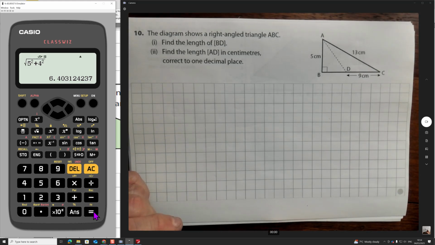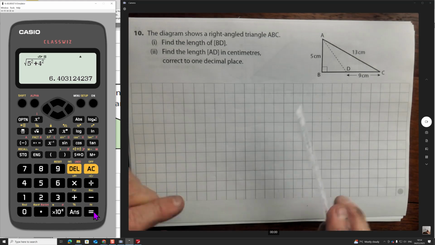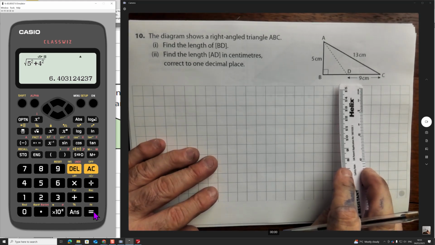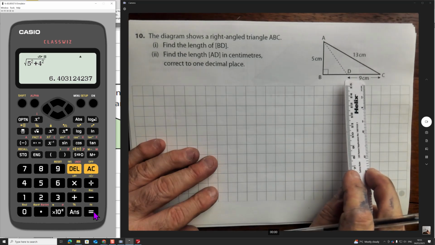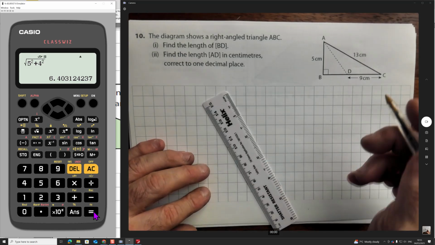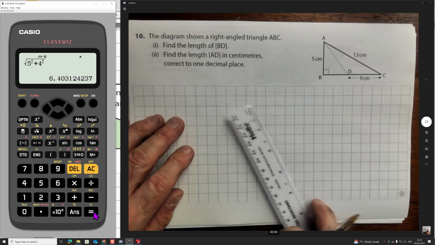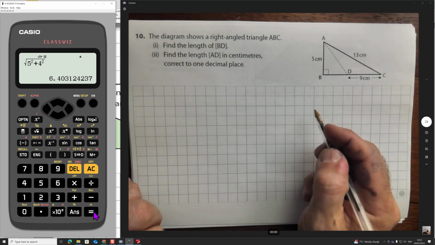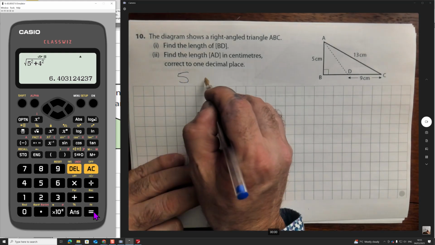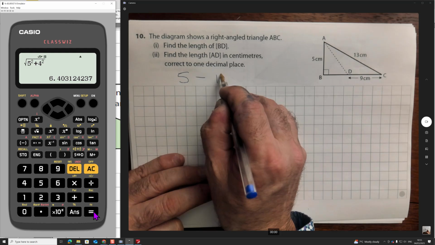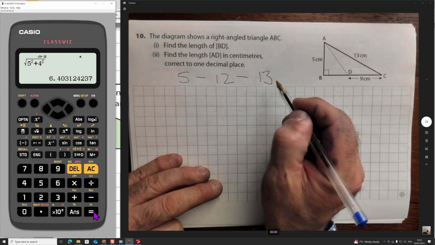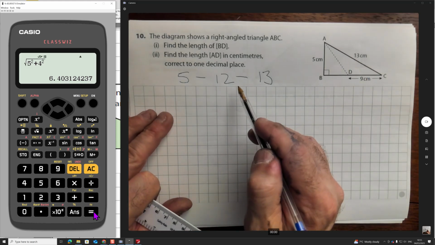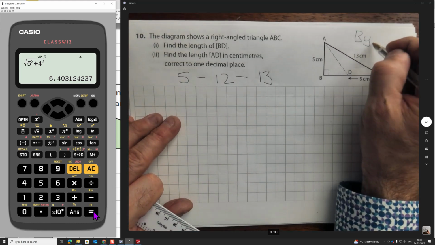Question 10. Start here always when you're problem solving. Predict what they're going to ask you. Look. Think, shortcuts. Think, can you do it by inspection? I can do it by inspection because I know this triangle so well. It's the second most famous Pythagorean triplet. So from that, I'm going to do it by inspection,